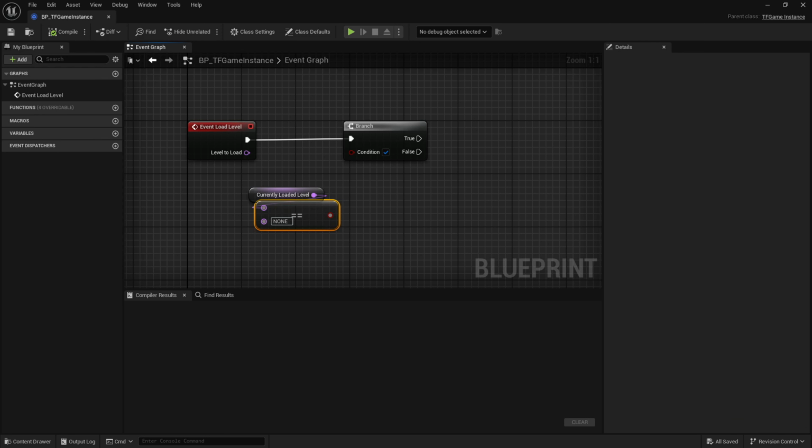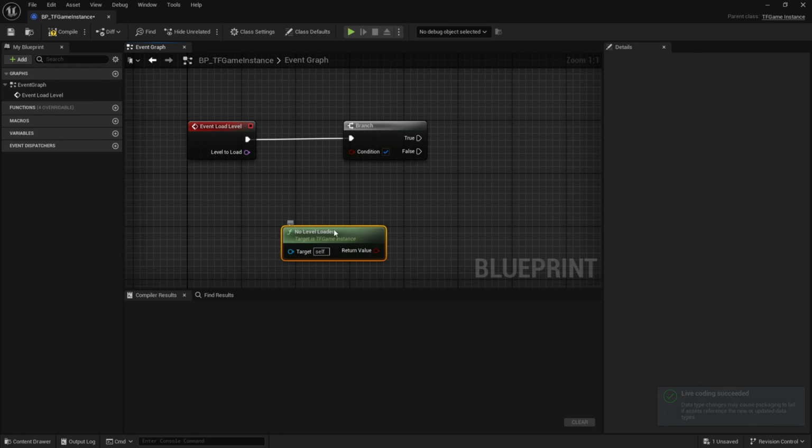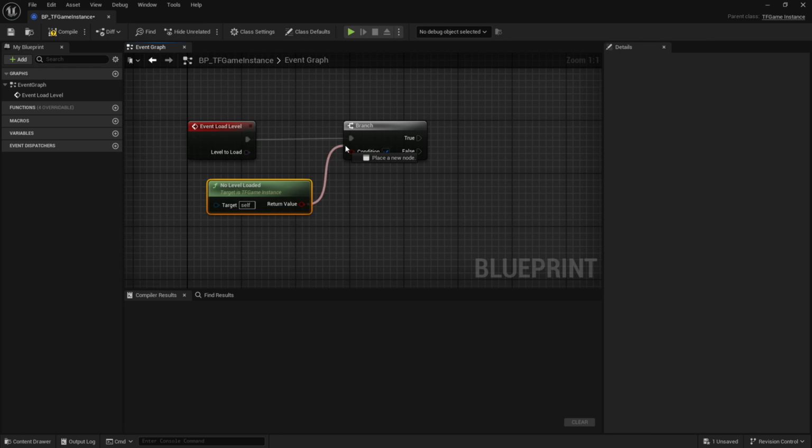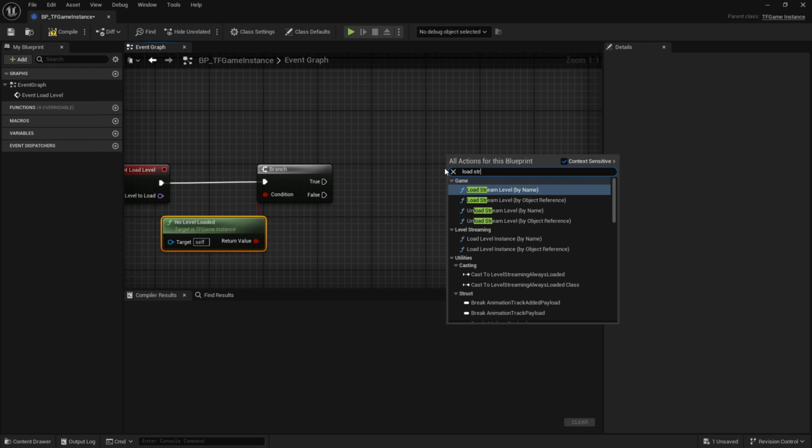Oh, because it's not the front. Well, live code succeeded. Okay, so no level loaded. If this is true, that means this is our very first pass. So we're going to go load